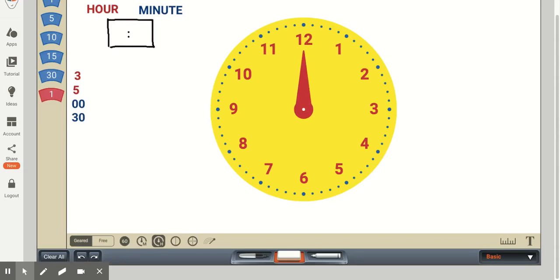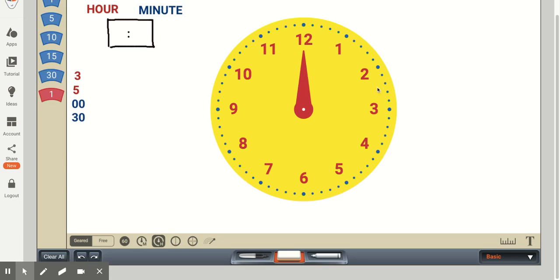In this standard, students are expected to tell and write time in hours and half hours using analog and digital clocks. In second grade, students are expected to tell and write time to the nearest 5 minutes. So in first grade, we don't have to introduce students to this difficult concept. The digital clock is much easier to read, but it's important for the first graders to become comfortable telling time with the analog clock also.